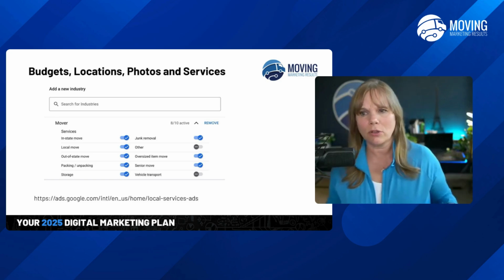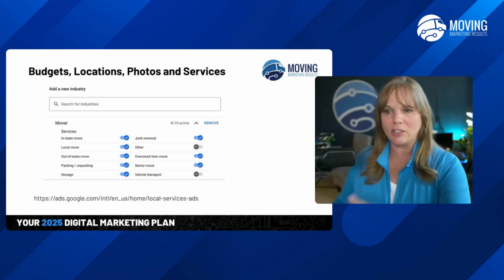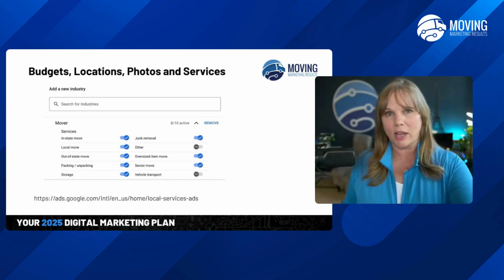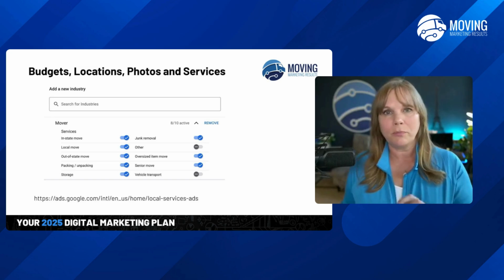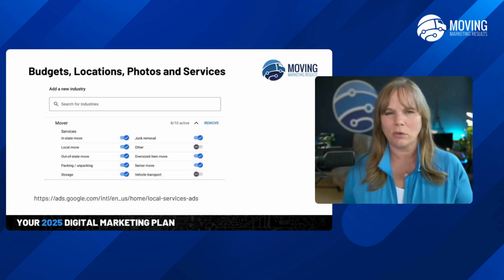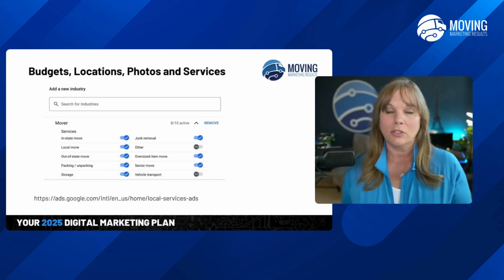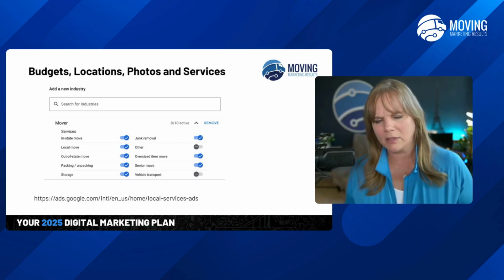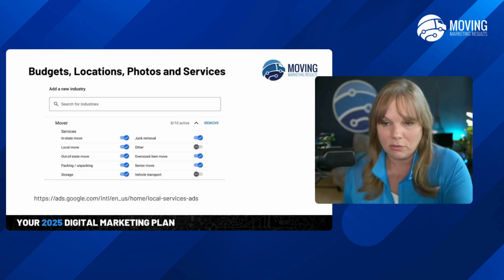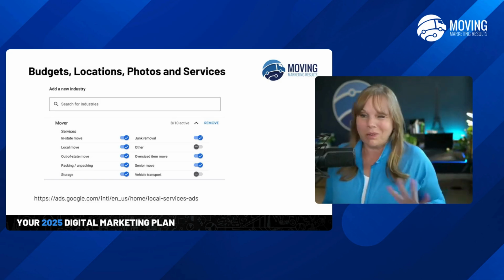Make sure on Google Local Service Ads that you've broken these down. I don't like the word other. We uncheck. If you don't do junk removals, uncheck. If you don't move big appliances and jacuzzis, uncheck oversize. Just uncheck the things that you do not do. Definitely uncheck other. You're just going to get weird requests like jacuzzis. Can you move all my garden equipment outside? I mean, that's up to you. You can try the other, but monitor it.